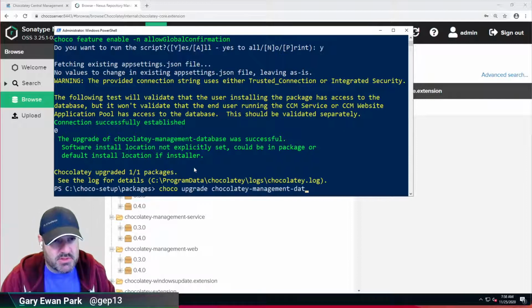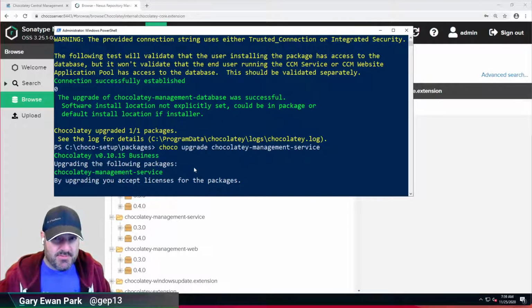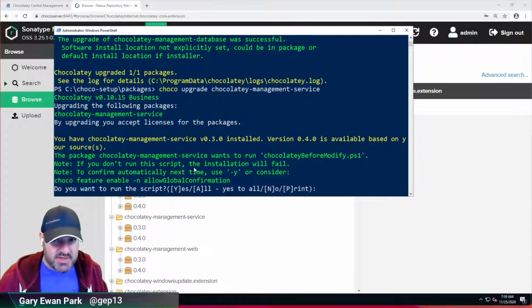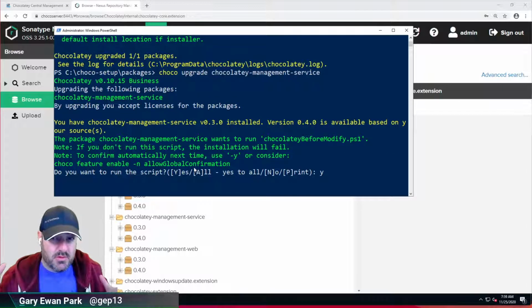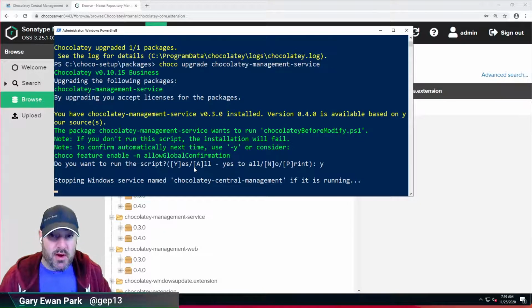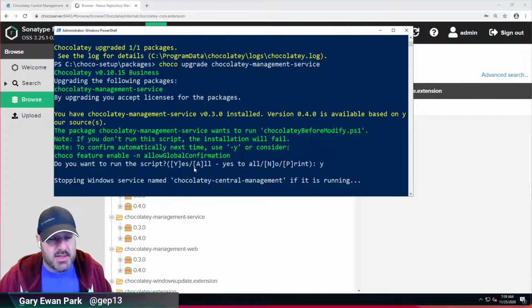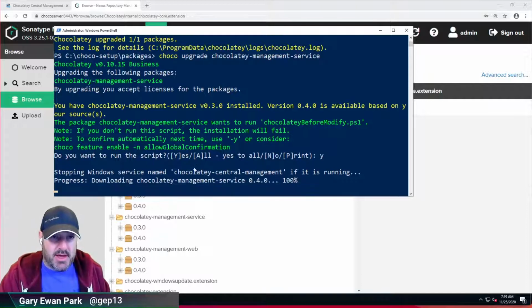So what we should then be able to do is run an upgrade of the service package. This will update the CCM service. First of all, it will bring that service down. It will then deploy the new parts, and then it will restart that service again. And at that point, it will